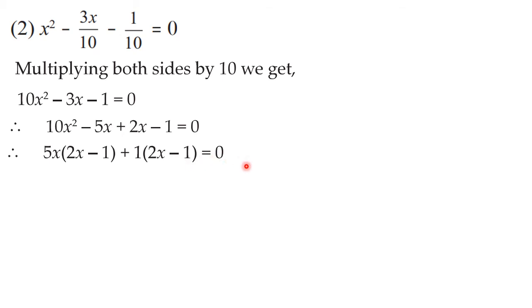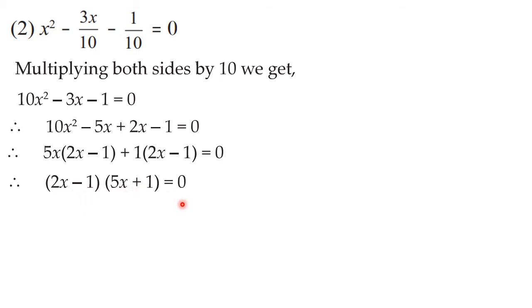0. Okay. Now this same bracket we will again take out common and the remaining terms we will write down in the second bracket. So in this way the polynomial 10x square minus 3x minus 1 is factorized as 2x minus 1 and 5x plus 1. Then after getting these two brackets or two factors, our next step, which is very much regular, is that